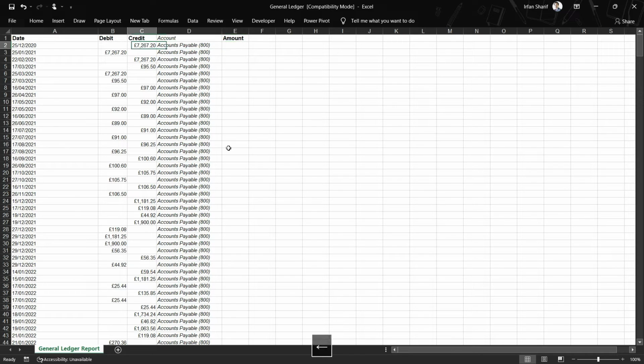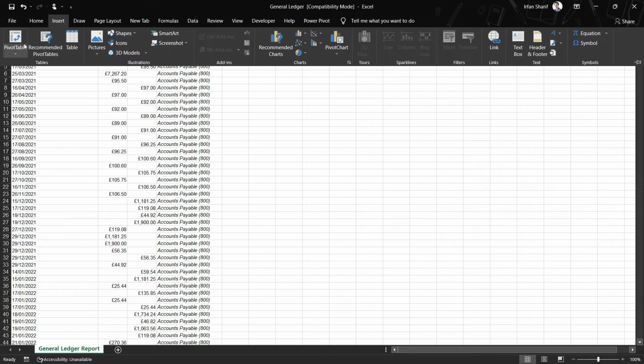So I cannot simply say plus for this and minus for this. I have to use some intelligence, and for that, we have to distinguish between the account types and apply the rule accordingly. So the first thing I want is a unique list of all the accounts that are available here, and you can of course copy paste this column and then remove duplicates, or